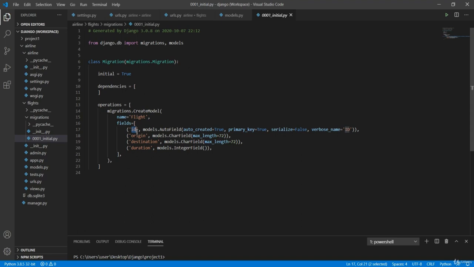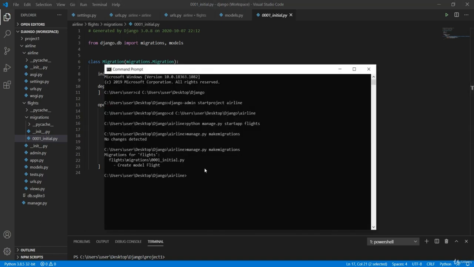So it's basing off of the changes that I've made to models.py. The model that I've added is now reflected in this migration. Now if I want to apply this migration, actually apply it to Django's database, I can run inside of my command line python manage.py migrate. Click on enter,